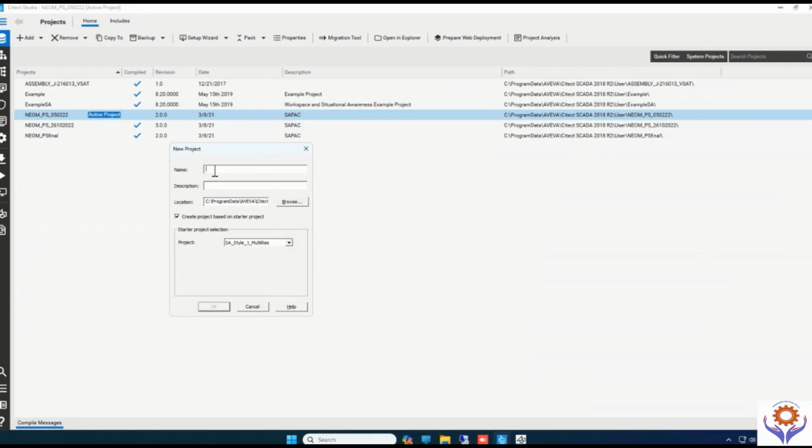So I am going to make a new project. Okay, and in the new project I am going to enter some name, and here it will ask name, description, location of the path of your project, and also you can create the project based on a starter also. It will be like automatically default, and also you can give some project default style. Okay, so now we are going to enter one new project